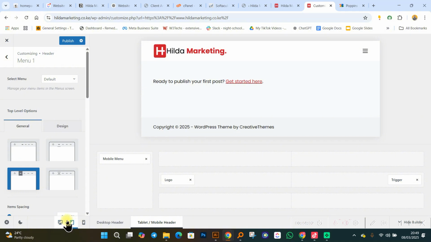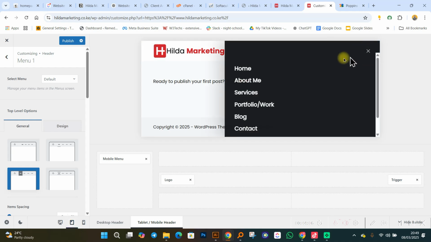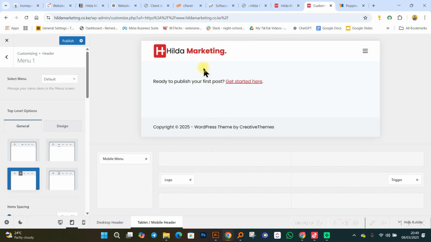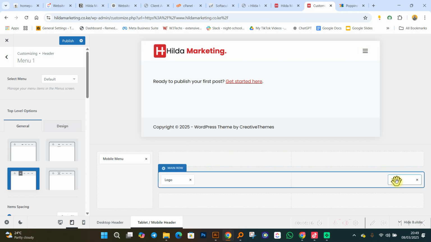of the things have disappeared, but they have not disappeared. If I click on this part over here, this is what we refer to as a trigger. Now, a trigger is going to showcase your menu. Okay? This is what we refer to as a trigger, and you can customize it over here.